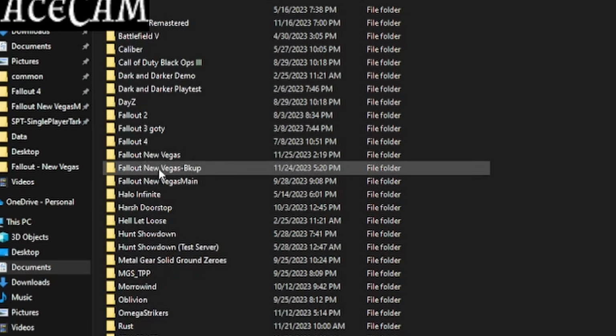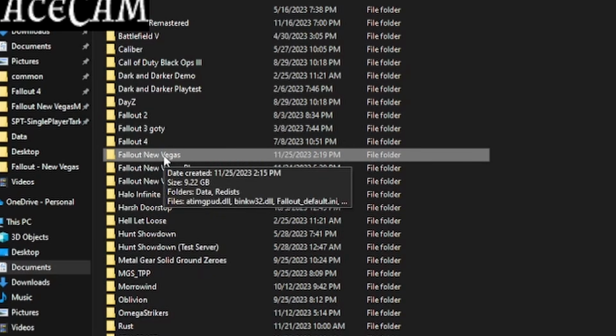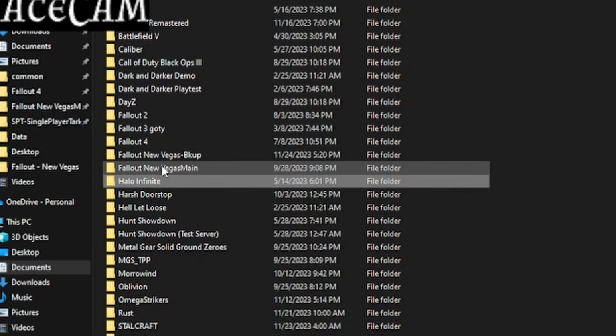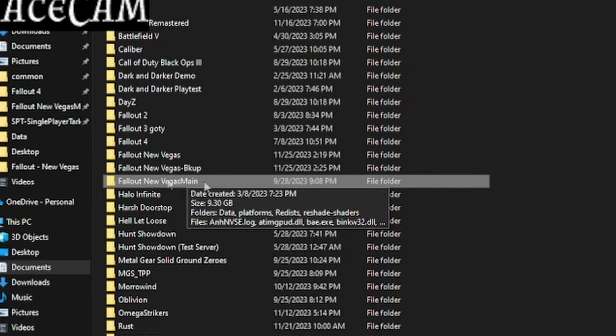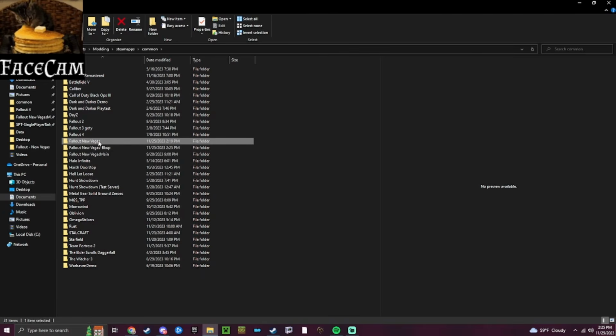What it allows is I have 3 installs of New Vegas. This one is my New Vegas multiplayer one that I already play on, but I made a new one for the sake of the video. And then this is my old single player one. And so I recommend doing a dual install if you have a super modded playthrough that you don't want to